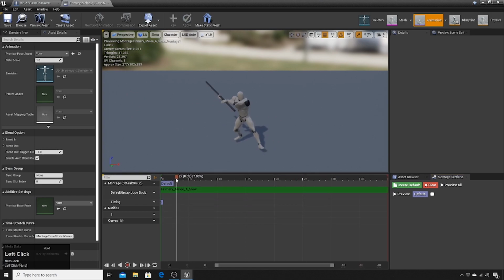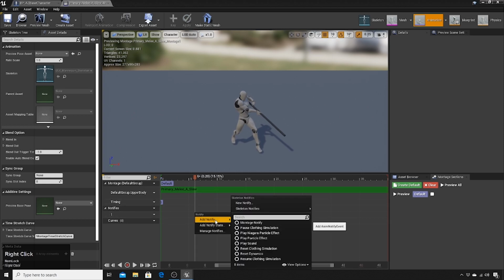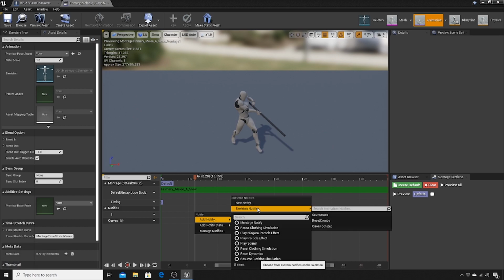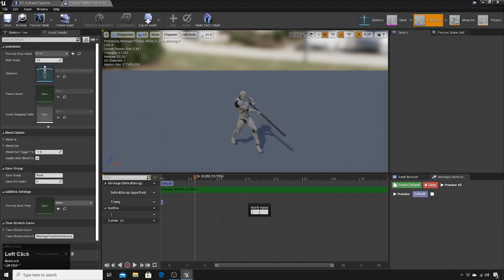If you closely look at these animations, the animation will only complete in this region. So I'm going to add an anim notify. Let's use anim notify to validate tag,